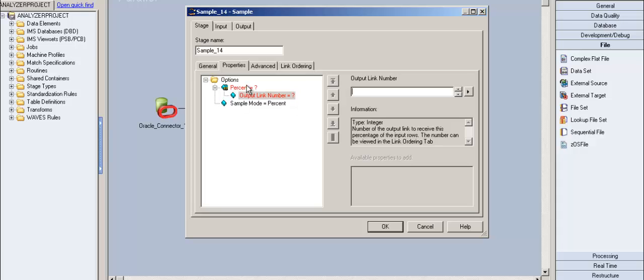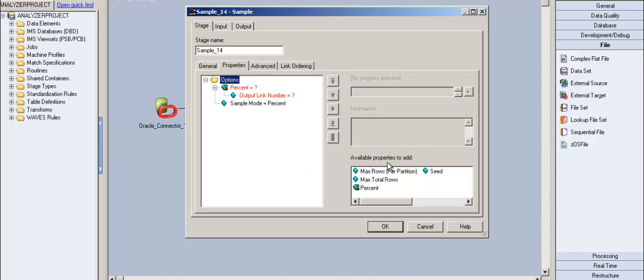You might be wondering what happens if I want more than one output link. That's where you go to the options and see the available properties to add. It has the percentage option, and it's a repeatable property and it has sub properties. So it has a dependable sub property, right? So whenever you try